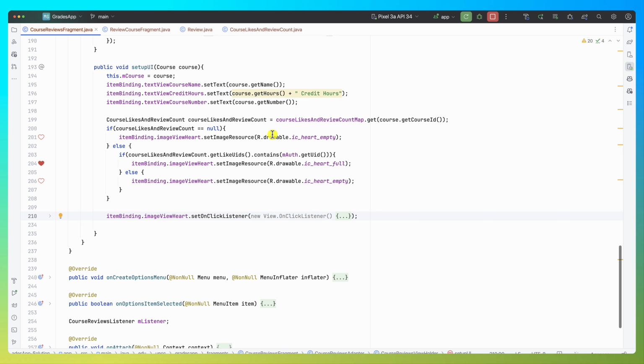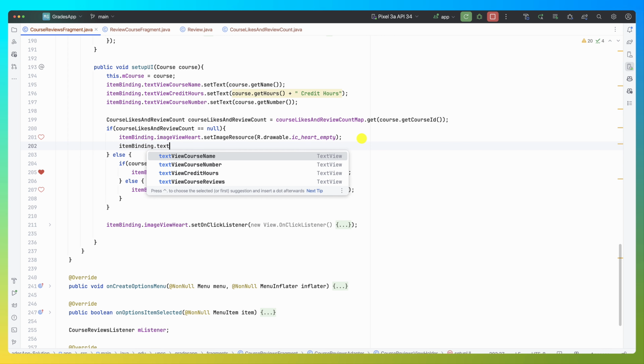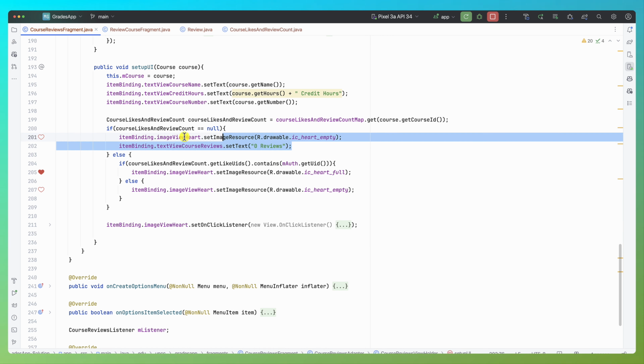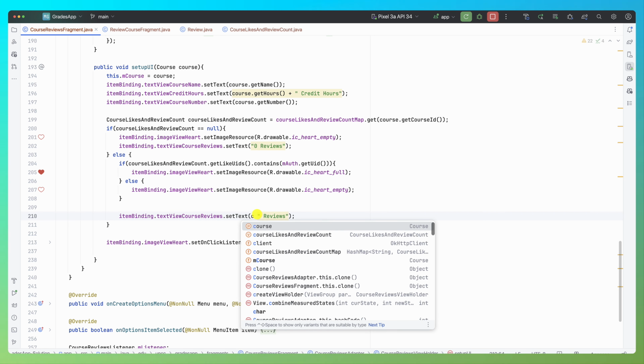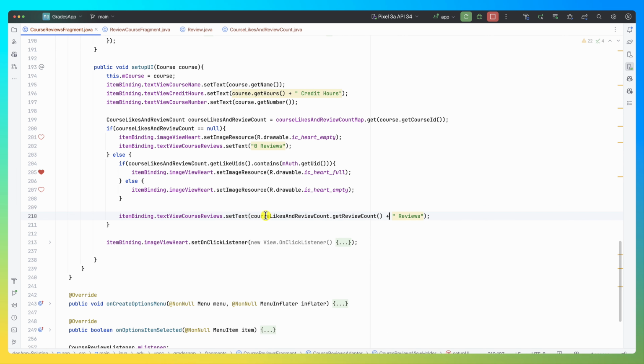So basically here, if it's equal to null, then we just go in and say itemBinding.textViewReviews.setText("0 reviews"). Otherwise we just tell it how many reviews based on whatever number we're getting. So here we go: courseLikesCount.getReviewsCount, and then we add it, and that's perfect. So now when we run this,